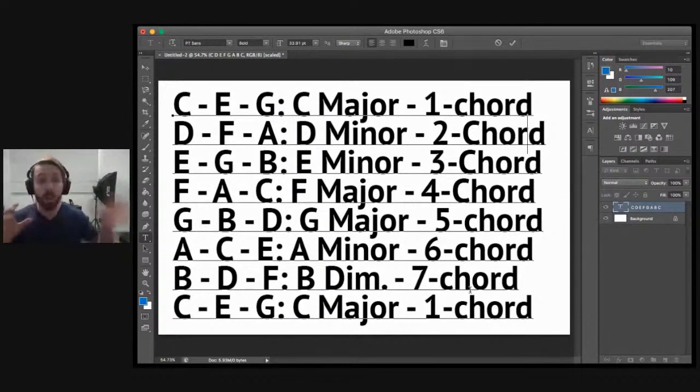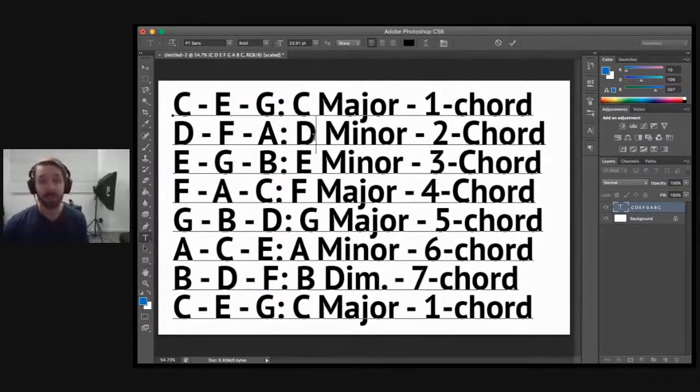Now, by the way, all the keys are the same. So if you change the notes over here, for example, if you played an F major scale on the left, so it went F, G, A, B flat, C, all the way down to the F major scale, then all the notes would change, but over here on the right hand side, those wouldn't change. The F major at the top would still be a 1 chord, this would be a G minor, it would be a 2 chord, so that wouldn't change itself, just the notes and the letters of the actual chords.